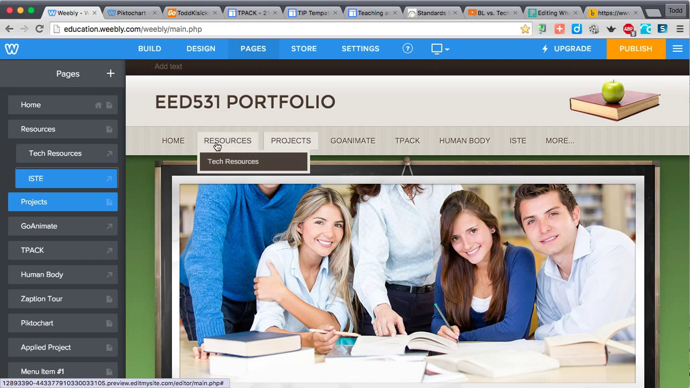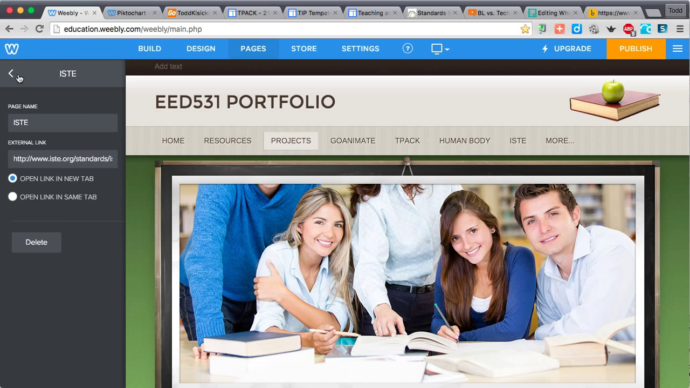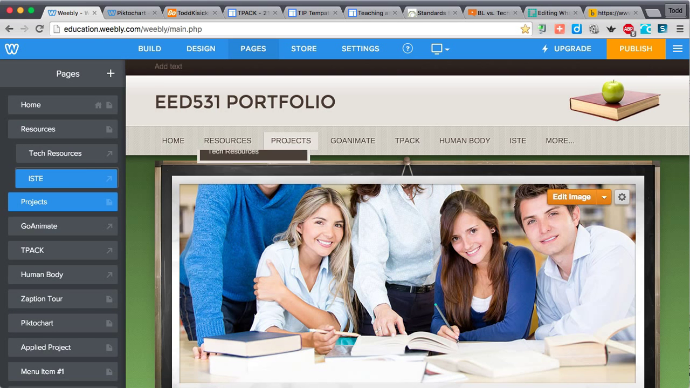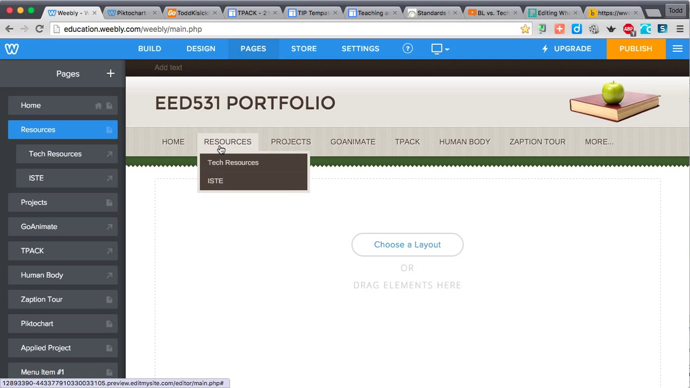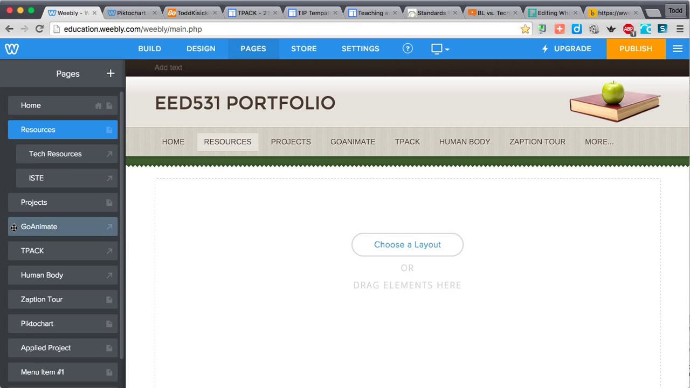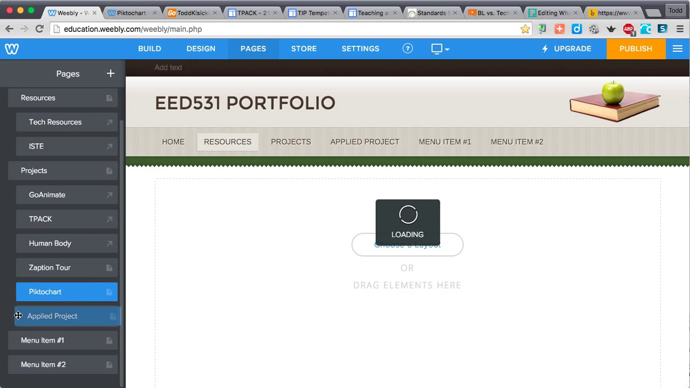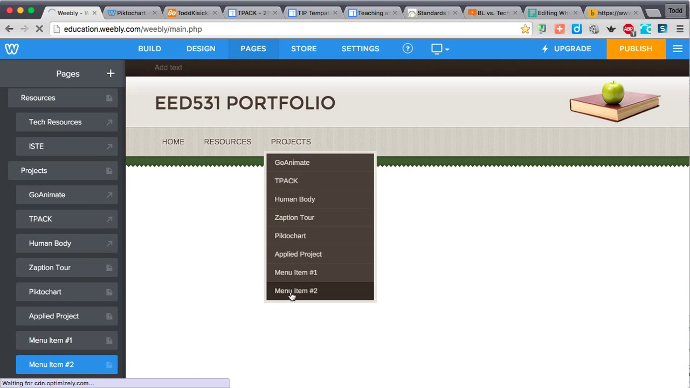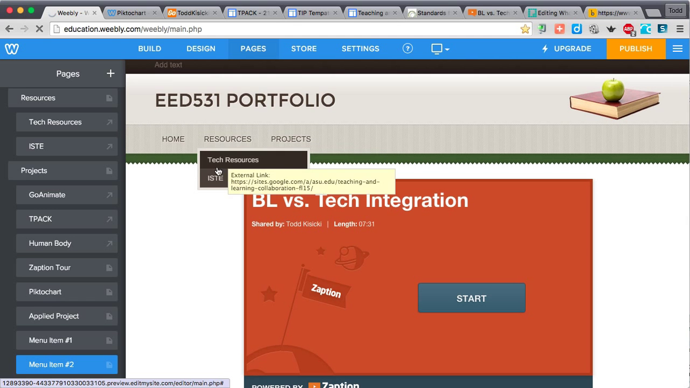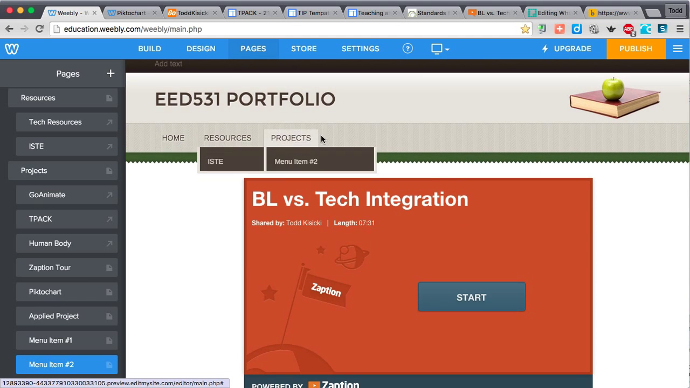What that does is that now if I hover over it, I get the drop-down menu with both of the resources in there. I'll do the same thing with projects, where I'll just indent each of these, drag them over a little bit so that they all fall under the projects tab, and that just cleans up my portfolio quite a bit. So I've got my resources and my projects and my home,